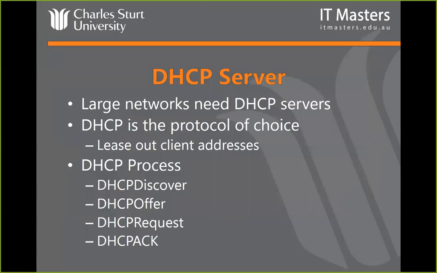Auto config and SLAAC, that's based on IPv6, so we actually spoke about that in the IPv6 session, so I might defer you to those particular resources rather than look at that again. So, can you use a range of IP addresses with DHCP helper? You can use multiple IP addresses, but it's not a range. You have to use specific server IP addresses.